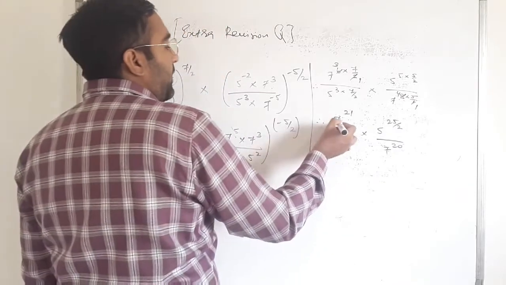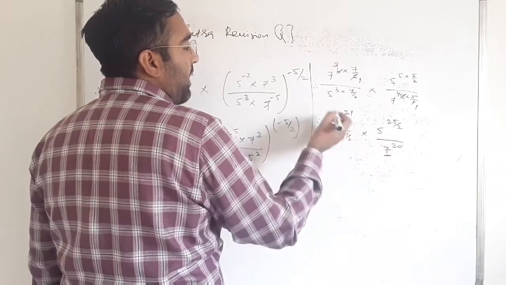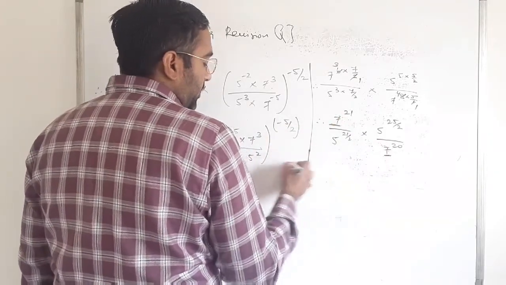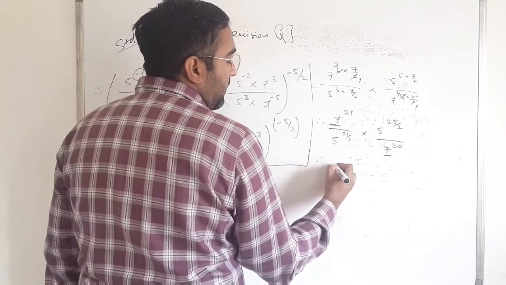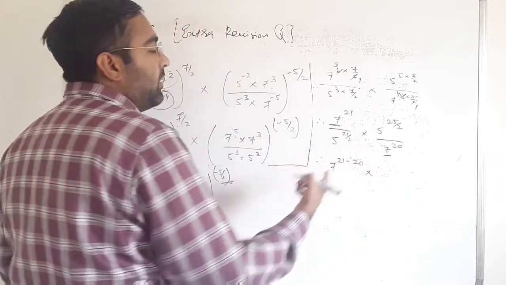Okay, now here the bases are the same and the terms are in division, so the powers will be subtracted. So I'll write 7 raised to 21 minus 20,